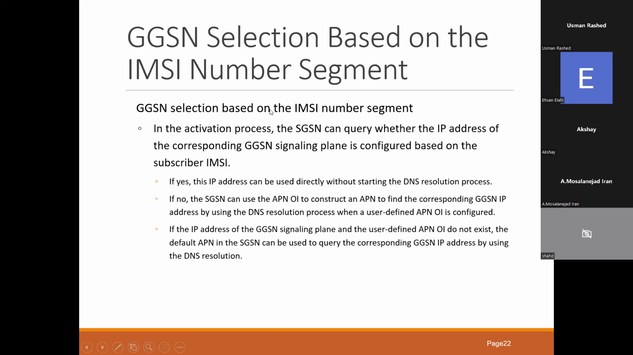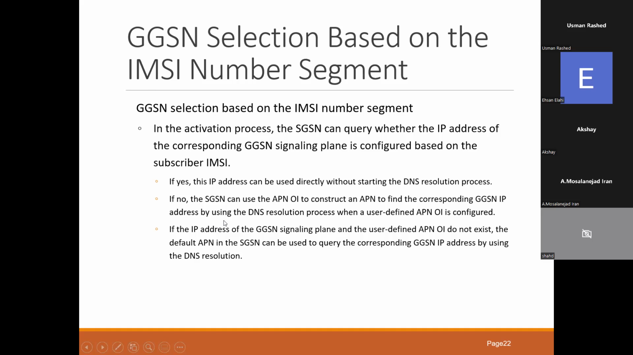Okay. So GGSN selection based on IMSI segment. In the activation process, SGSN can query whether the IP address correspondence is configured based on the subscriber IMSI. So you have an option of specifying that, okay, if a create PDP request comes from my IMSI, then it should be routed to one specified GGSN that is configured in a command. If yes, this IP address can be used directly without starting the DNS resolution process. If no, the SGSN can use the OI to construct an APN and find the corresponding GGSN IP address using the DNS resolution process. And if the GGSN IP address does not exist, the default APN can be used to query the corresponding GGSN IP. This is the case where the APN against your number is not configured,